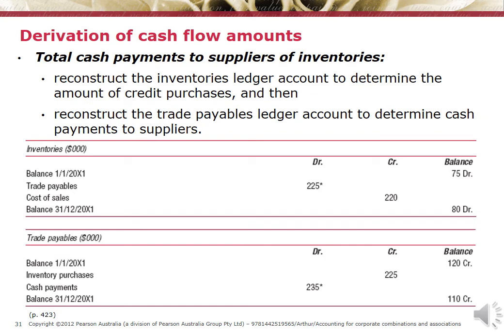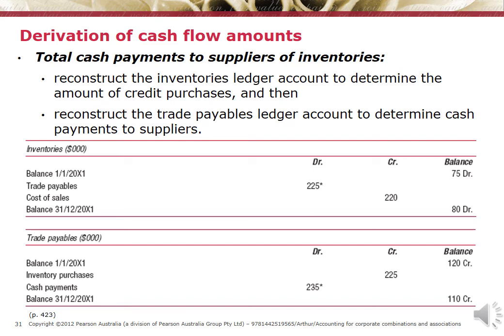Next, we have the cash payments to suppliers of inventory. So this would be the second account you reconstruct, the inventories and trade payables account. With this, remember there's always a two-part process. Accounts receivable sometimes depends on how comprehensive the question is and whether there's an allowance for doubtful debts. But with this one, there's always a two-part process because you first need to reconstruct the inventories,